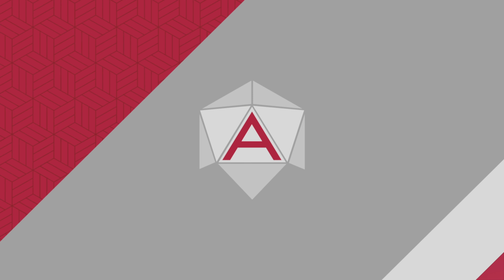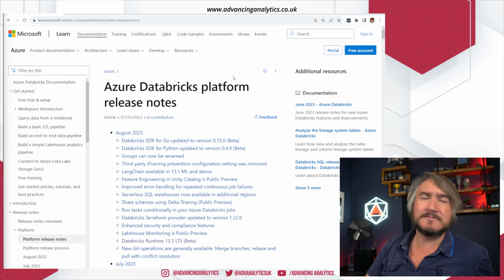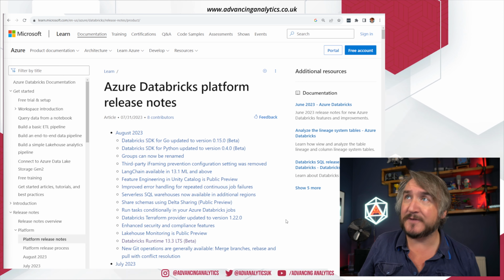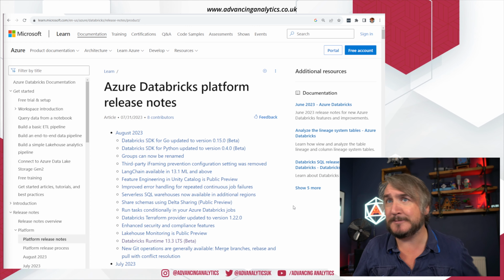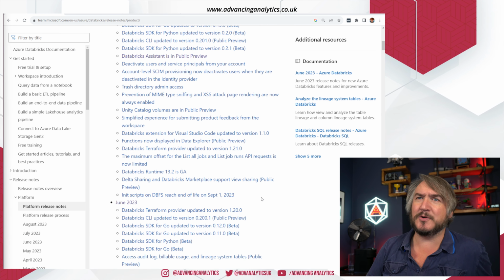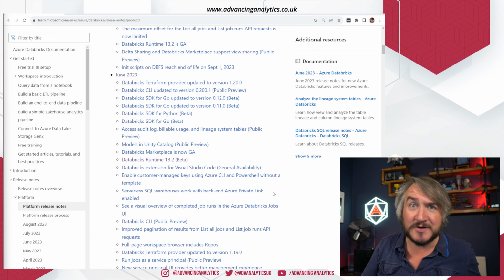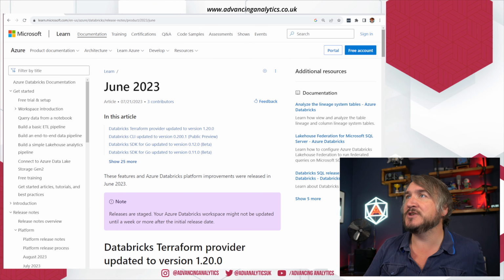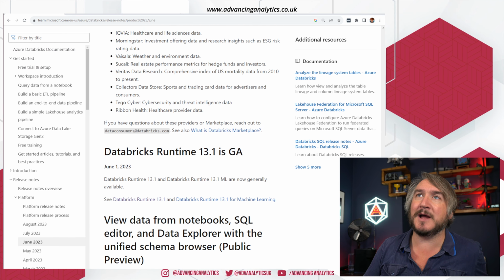So, I've got the Azure flavor of the Databricks release notes. Again, use the one that's right for your cloud provider. You can get the AWS or GCP ones. We've got August, June, and July. I won't do August. We'll do that at the end of August. Kind of makes sense. But let's start with the June release notes right down the bottom, and we'll whip through